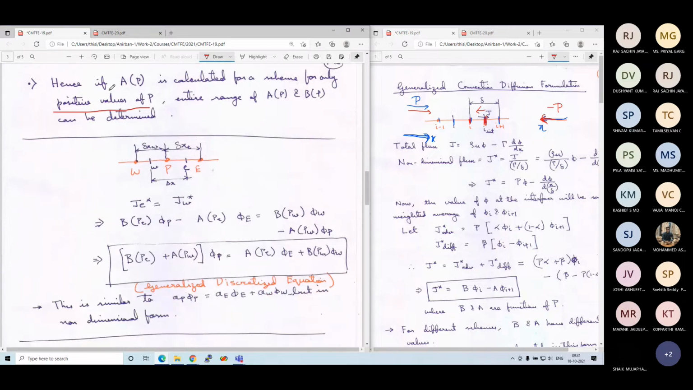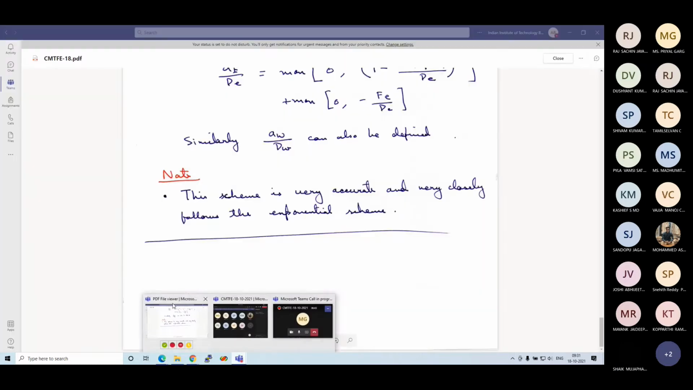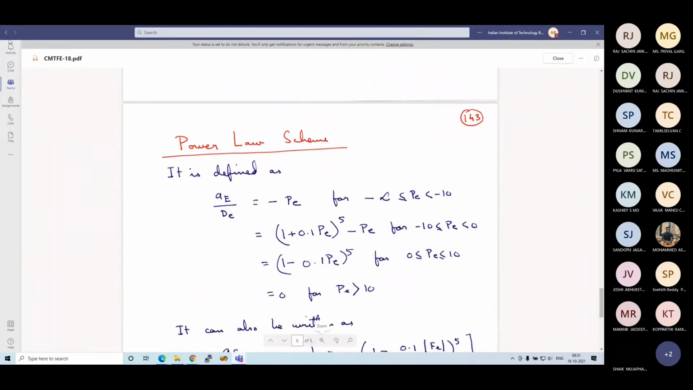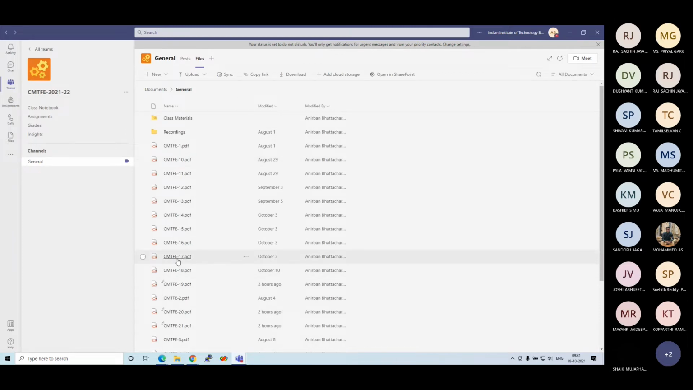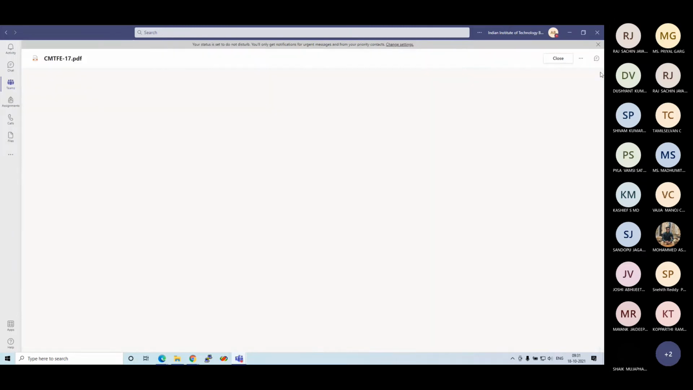So if we just denote any scheme by AP, we will be able to denote the entire scheme instead of trying to memorize or write down the entire schemes in terms of complex values like this. For example, if you see the value for the exponential scheme,